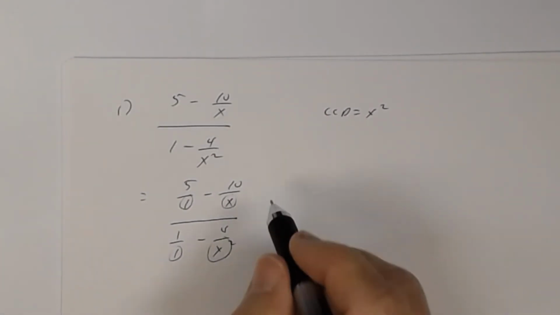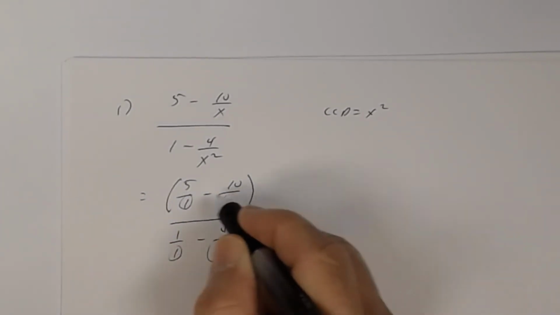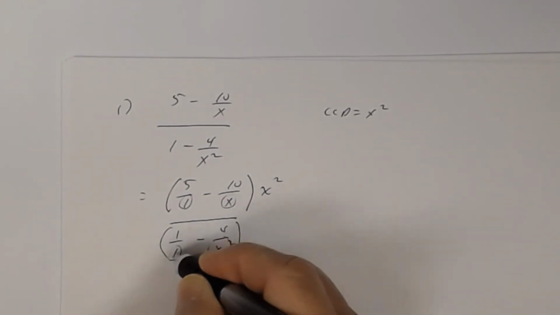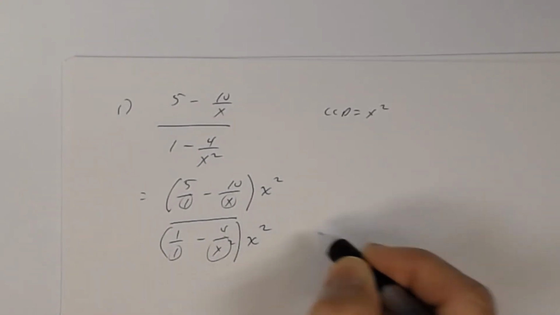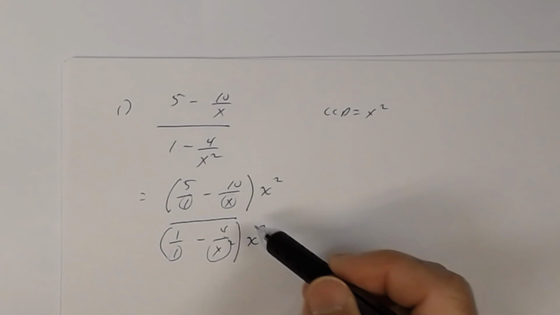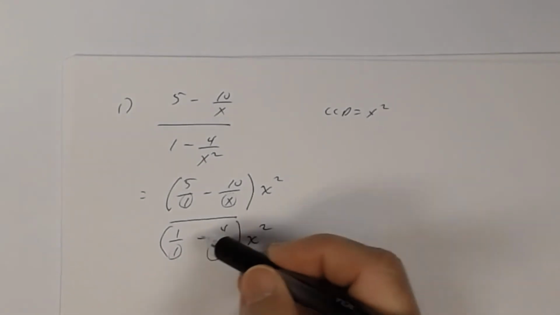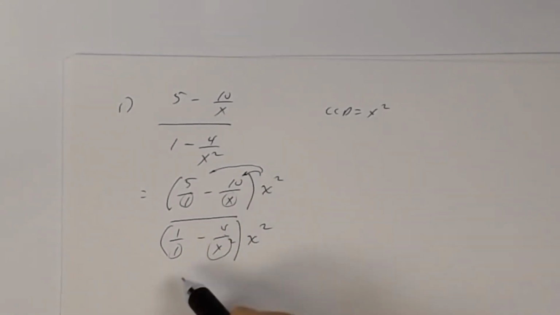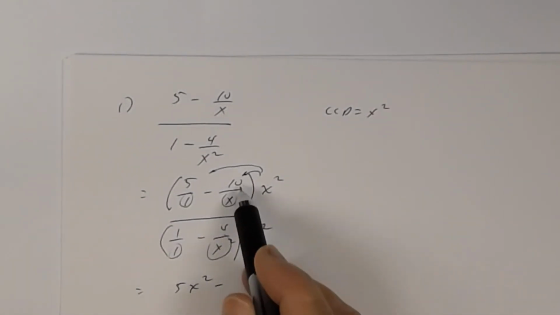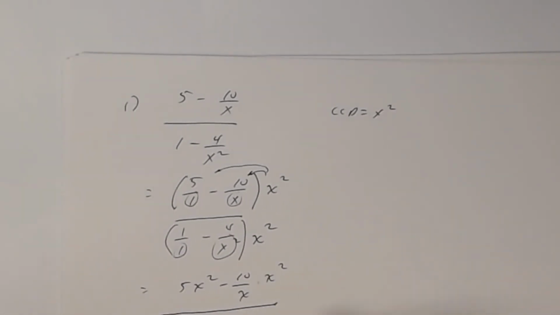So once you find the LCD, here's what you have to do. Both terms in the numerator have to be multiplied by x squared, and all the terms in the denominator have to be multiplied by x squared as well. So what you do to the numerator, you do to the denominator. Notice I inserted parentheses here because both of those have to be multiplied by x squared. Same thing here. So now when I distribute, I get 5 times x squared, minus 10 divided by x times x squared, divided by,